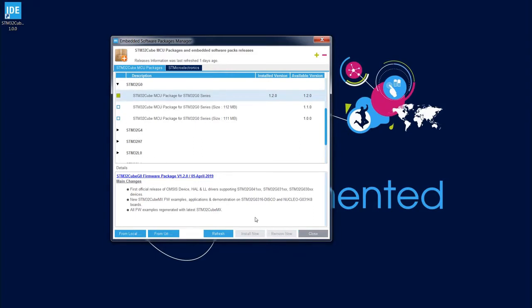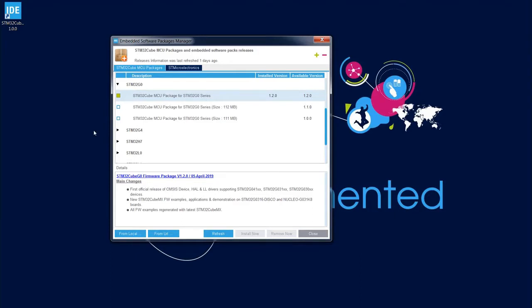Sometimes it is not possible to perform the installation of the library online. This is why it is possible as well to install the libraries offline using already downloaded zip files. All of the libraries are stored on ST servers as zip files.